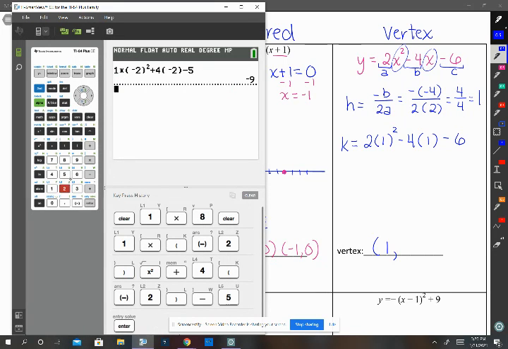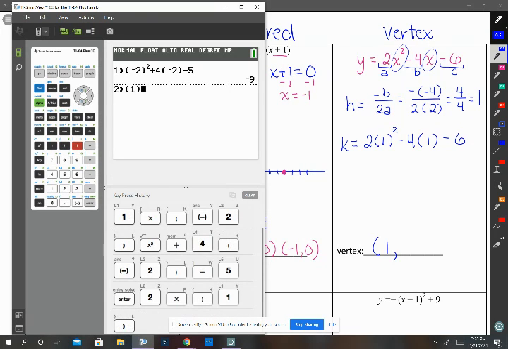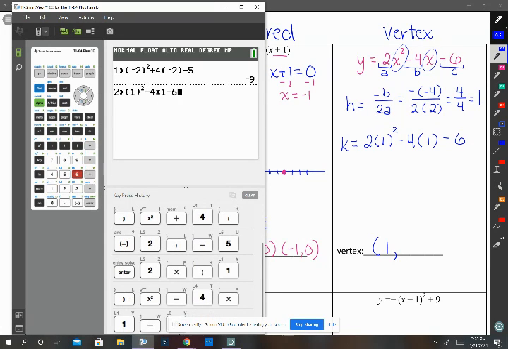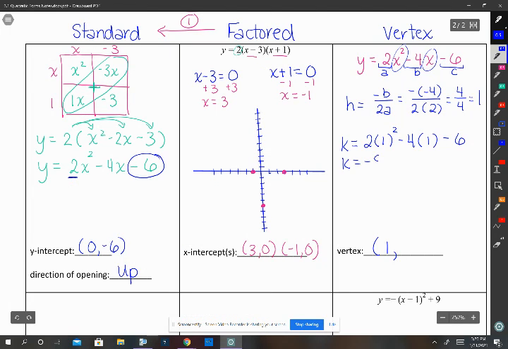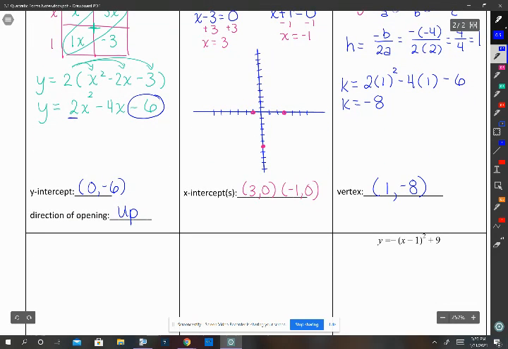So we can go 2 times 1 squared, and then minus 4 times 1 minus 6. And so that's going to give us k is equal to negative 8. You could also do that out by hand. You don't really need a calculator. So we get our vertex is 1, negative 8, and our axis of symmetry